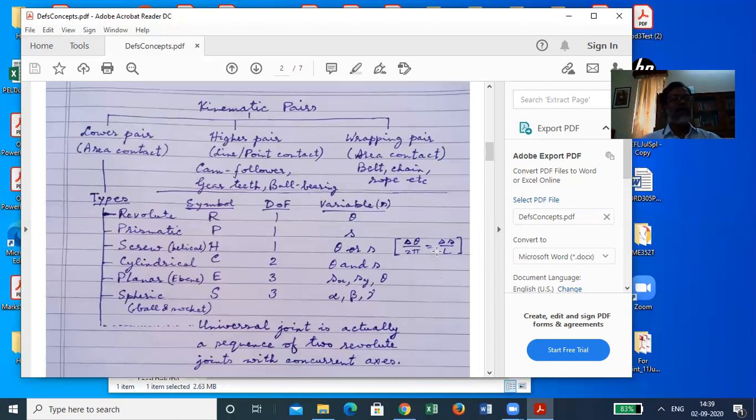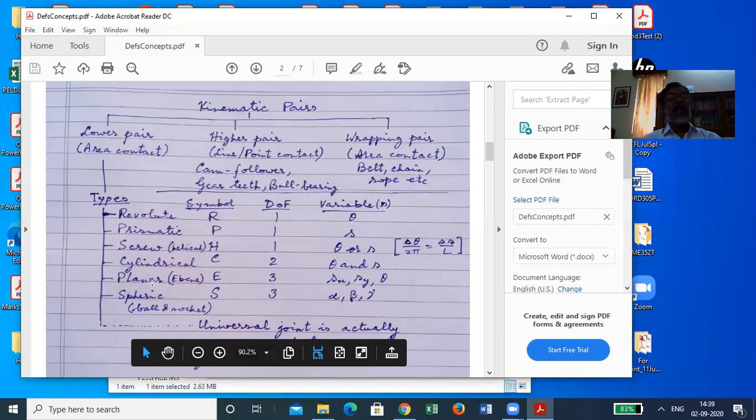Independent, only one. If you have both of them free, independent of each other, then you have a cylindrical pair for obvious reasons, and the symbol is C. So it has 2 degrees of freedom, both theta and s, which can be independent. Such joints, such pairs, are also used. And then